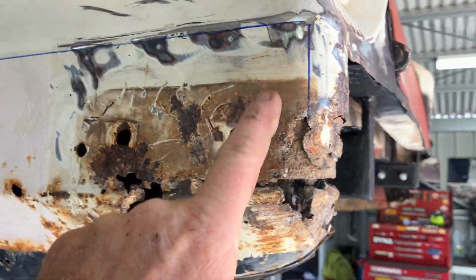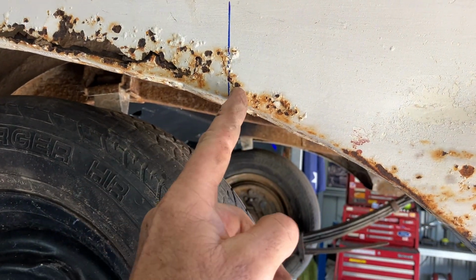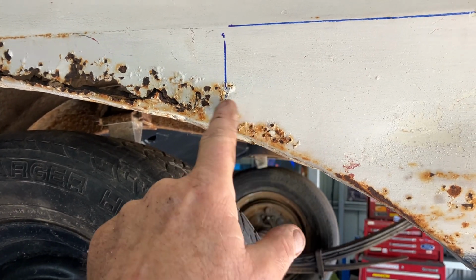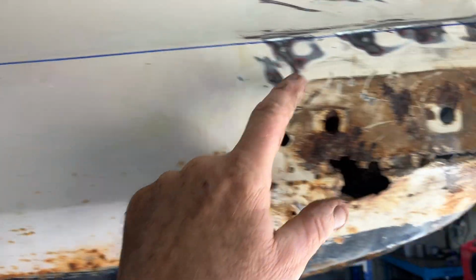Well, there's our outline there, guys. I'm not going to cut it at that yet because I'll probably cut in a little bit. I'd rather have to remove metal than to try to replace it, if that makes sense. So I'll cut a little bit lower. But what I'm going to do